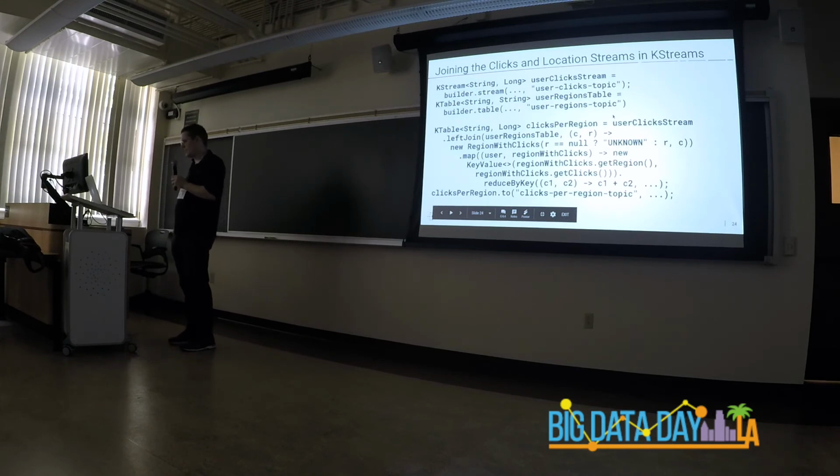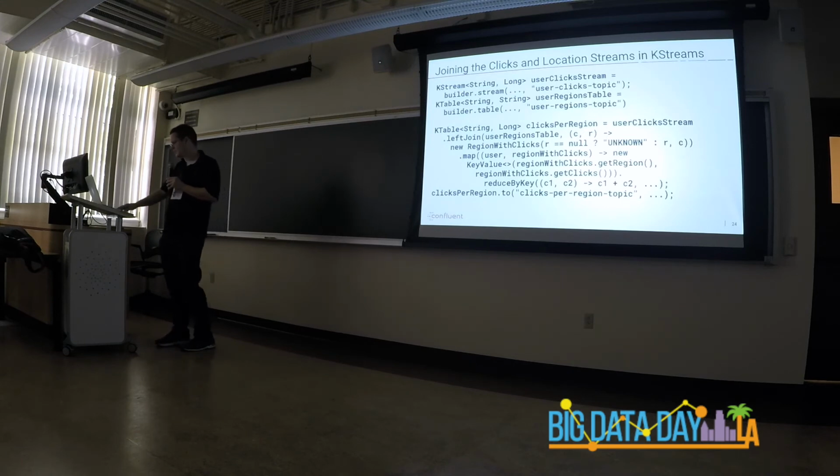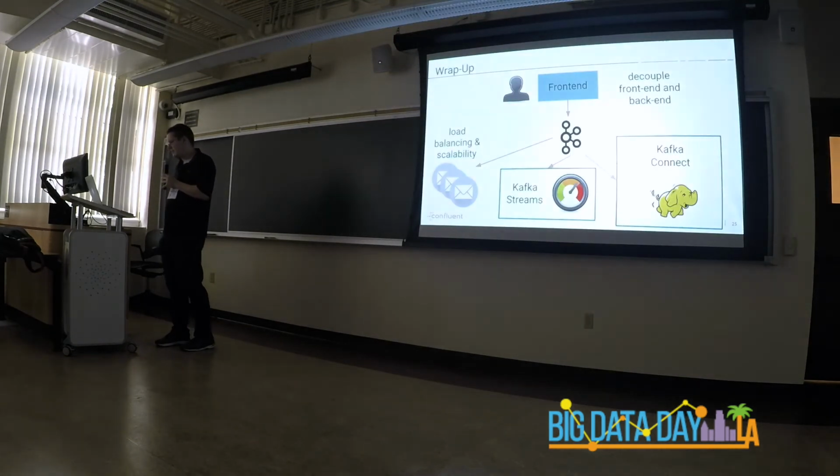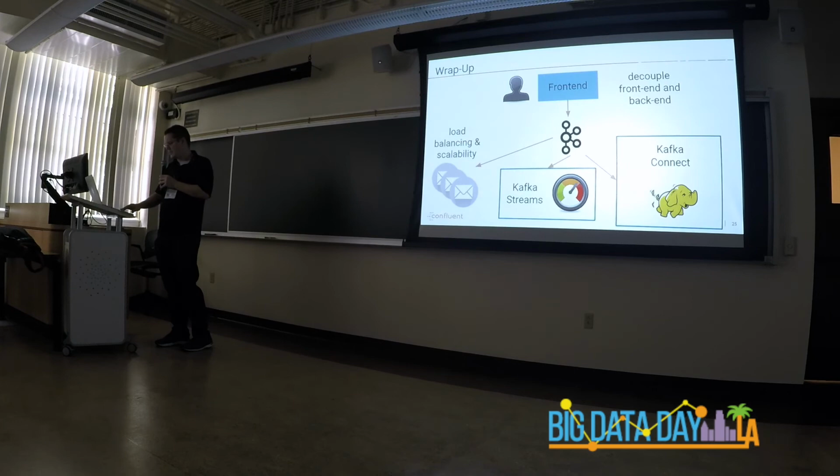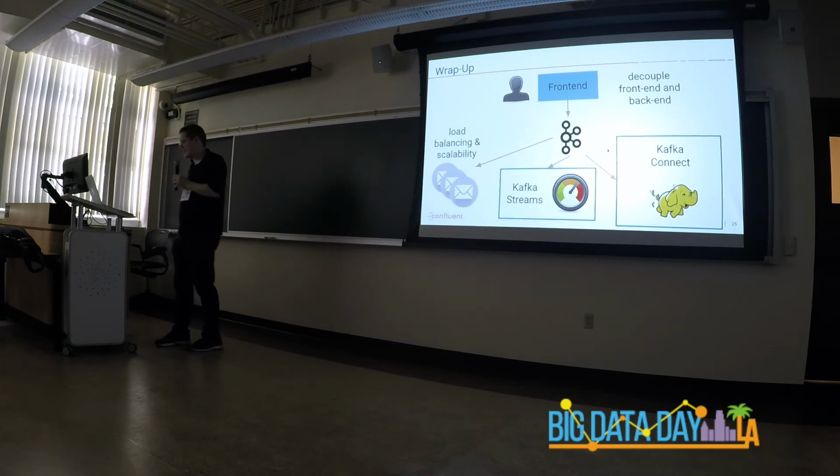So we can simply read the output from this clicks per region topic. And it's configurable how often that output will appear and what triggers it to appear on that topic. So if we wanted to look at where this would fit into our architecture, we could use that for our metrics system, right? We want to get this metric of how many clicks per region we had. Well, we can actually do that with Kafka Streams.